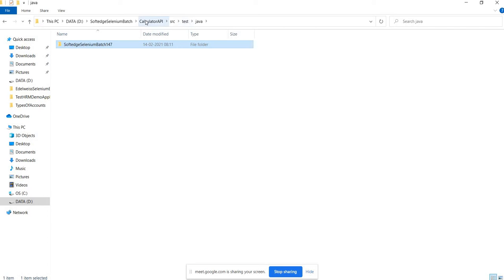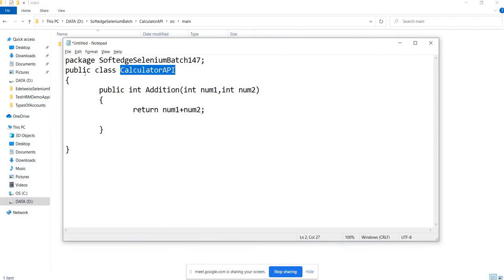Now let's implement our application. So we are going to implement one calculator API. We are going to work on a calculator API project, having addition, multiplication, division implementation, which I have started implementing.